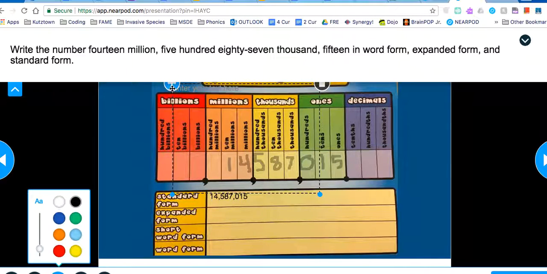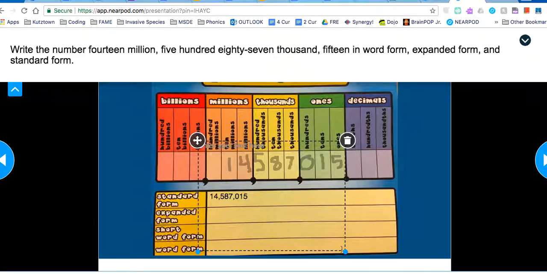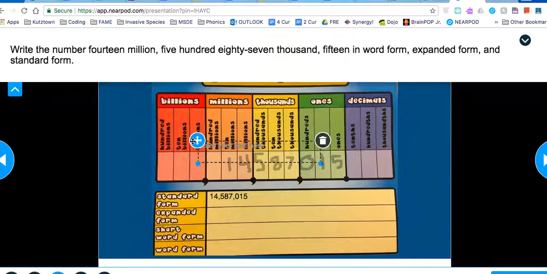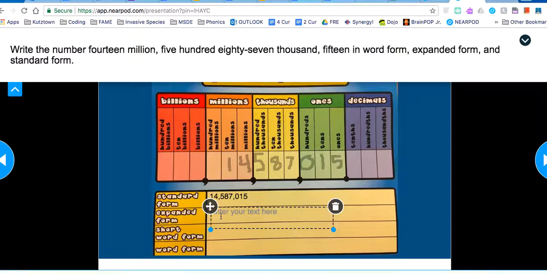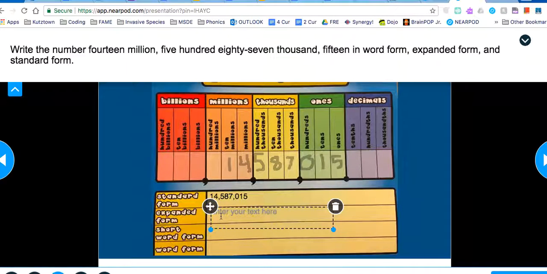Now expanded form. It might seem complicated, but you will get it. Once again, make it smaller so it doesn't annoy you. Expanded form. We're in our millions up here. So I know I need 10 million because I've started with my 10 millions. So that's 10, comma, then I have 6 more zeros. 1, 2, 3. After every 3, a comma. Then 14 million plus 4 million. 4, comma, 1, 2, 3, comma, 1, 2, 3. Plus,